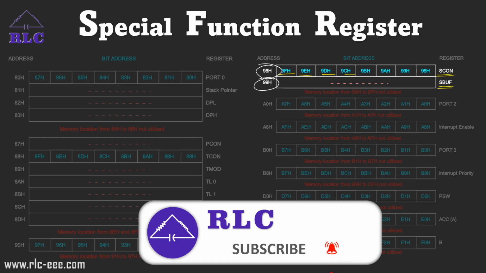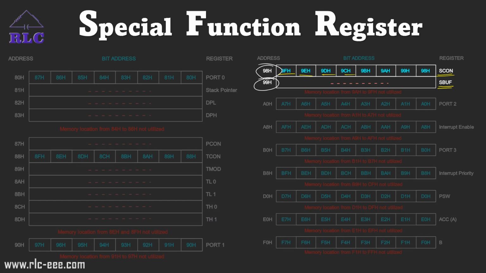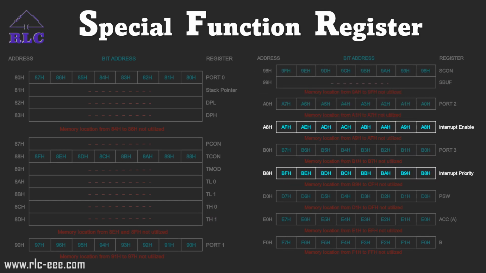We'll proceed with the interrupt enable and interrupt priority registers. We have seen in the features that the 8051 microcontroller has 5+1 interrupt controls. To set the priority among them, we use the interrupt priority register. The 5+1 indicates that one is reset. Reset is also an interrupt, but it is the highest priority interrupt, which we cannot change. The rest of the 5 interrupts, we can set the priority for.